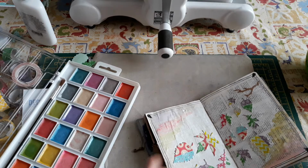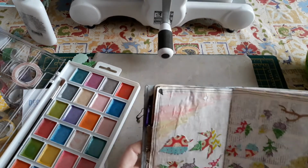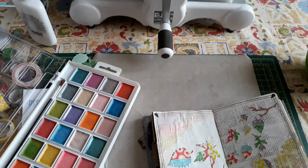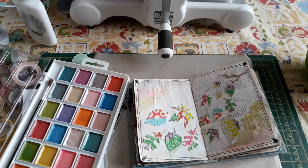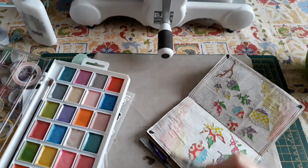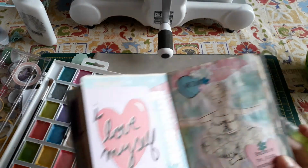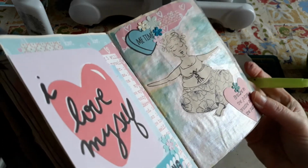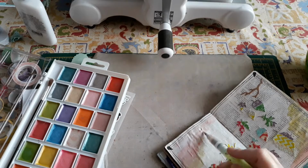So like I said, check out her video because this is a great, yeah, and the paper's all buckling there. It will flatten, I promise, because I have done this on another page. I've actually done it on this page. I'd actually watercoloured. You'll probably see the shimmer on there better. Do you see that shine of the watercolours? So that's on that page. So it does flatten down,